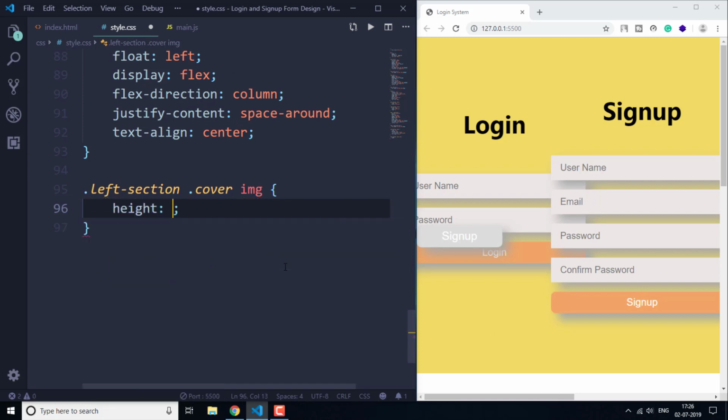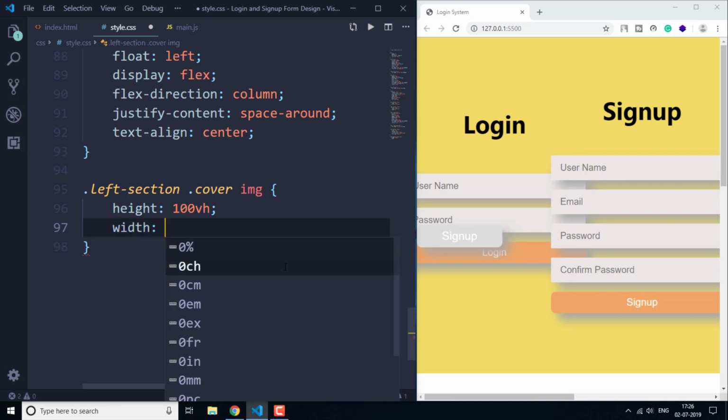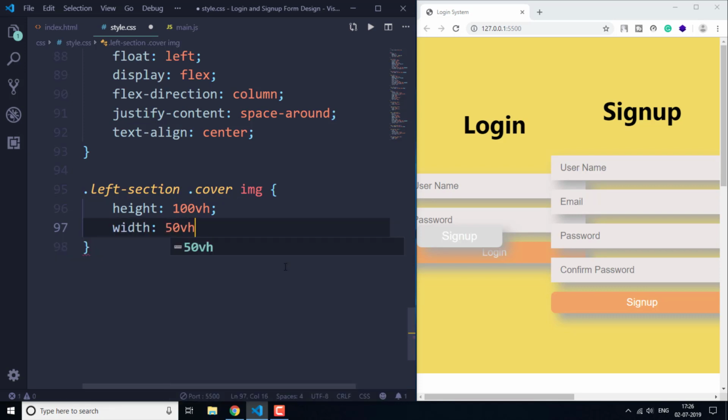So height for this image is going to be 100 VH, and the width for this image is going to be 50 VW,